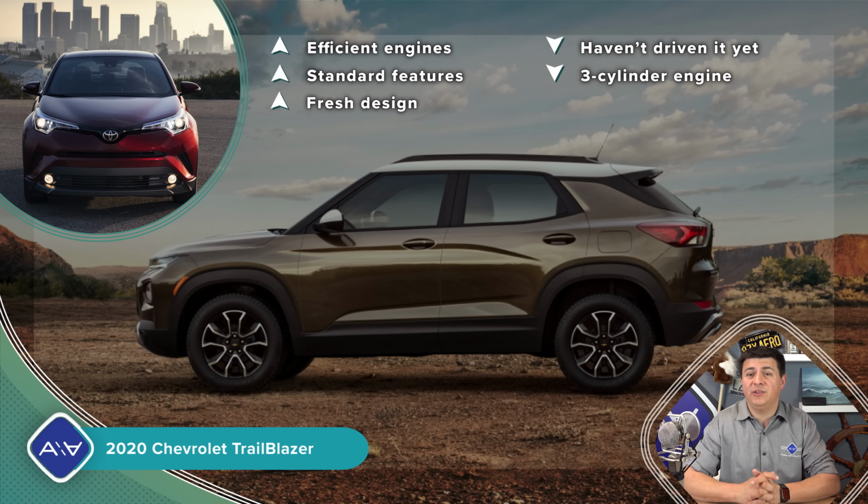I was hoping to be able to drive that, but unfortunately some of the virus things that have been happening around the US have just put a lid on all launch programs, so we'll have to wait until we can get our hands on it for a complete week for a full video. However, expect it to be very similar to the Chevy Trax in terms of its overall design and overall performance